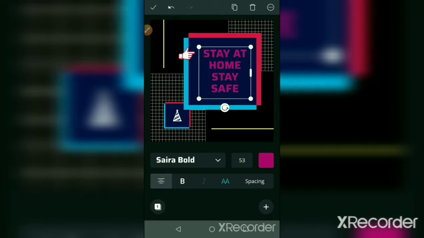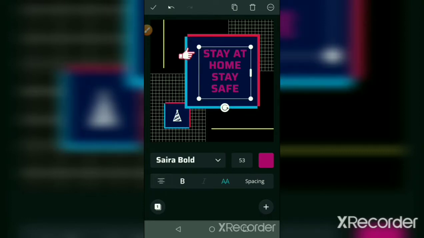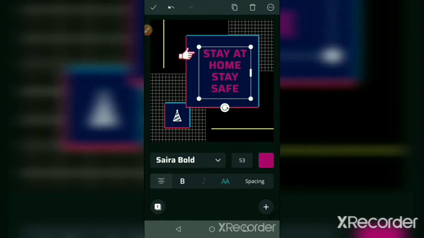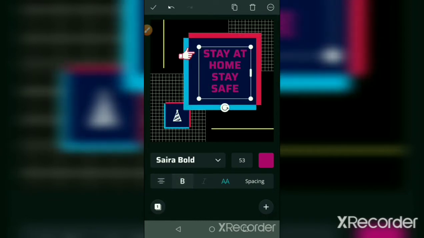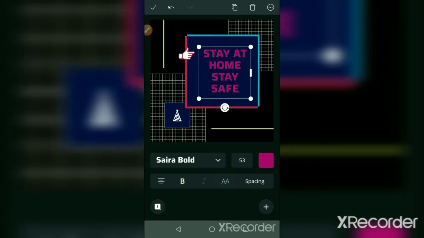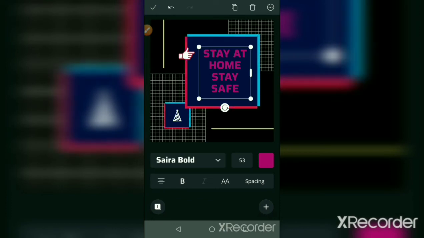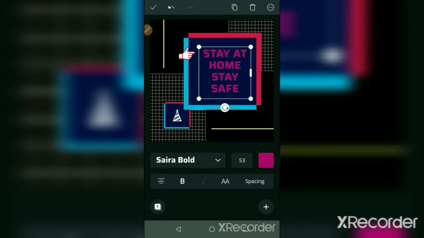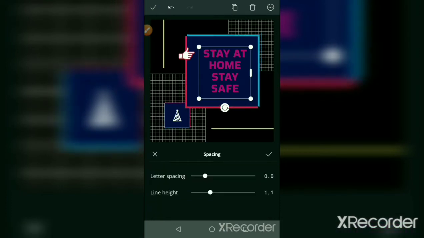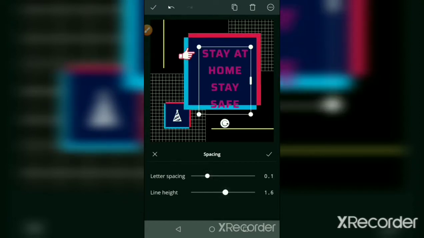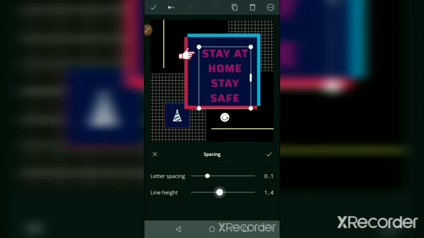Next is align, left and center. You can change bold, italic. This is uppercase, lowercase. Next is spacing. Spacing is letter spacing and line spacing. You can change it.